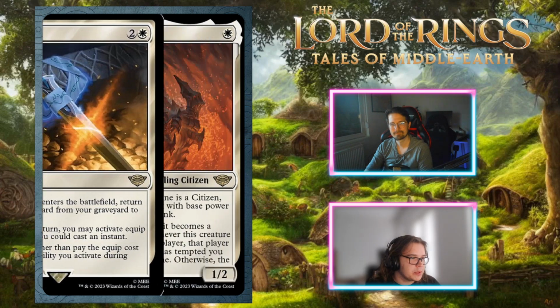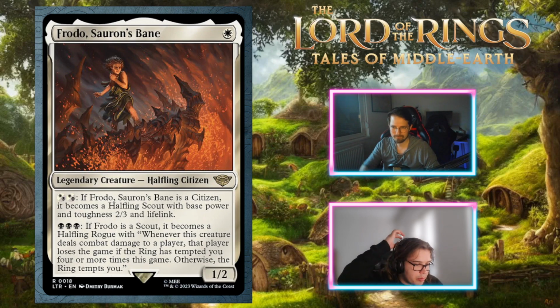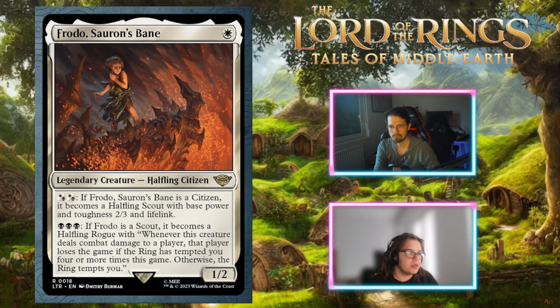Frodo, Sauron's Bane. White for a 1/2, halfling citizen. You can choose which one of those you pay, white or black. If Frodo, Sauron's Bane is a citizen, it becomes a halfling scout with base power and toughness 2/3 and lifelink. So 1 mana, 1/2, 2 mana, make a 2/3 with lifelink. Triple black, if Frodo is a scout, it becomes a halfling rogue with whenever this creature deals combat damage to a player,